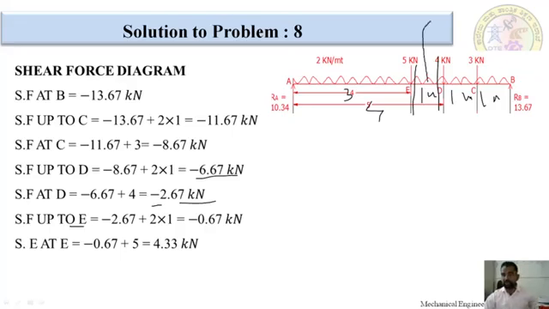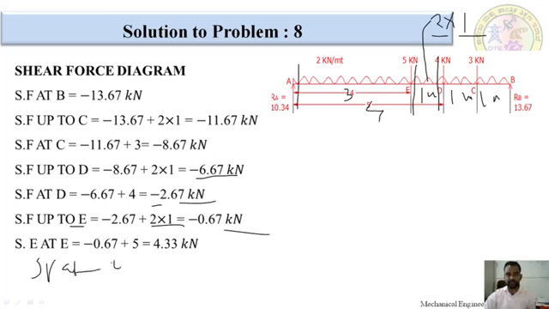How are we supposed to do this? We have to convert into a point load. 2 is the UDL magnitude and 1 is the distance. 2 into 1. This is negative 0.67 kilonewton. After that, at E point how much are we getting? At A point how much are we getting? At A point we are getting the same value as the shear force